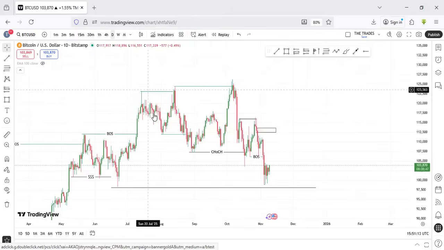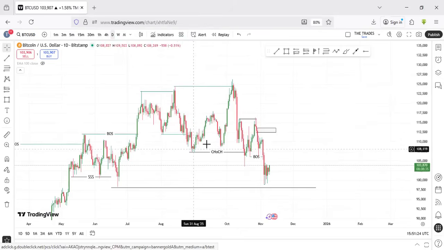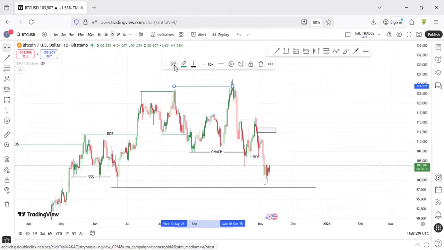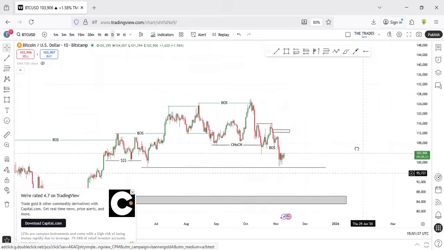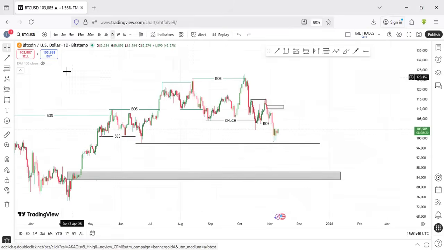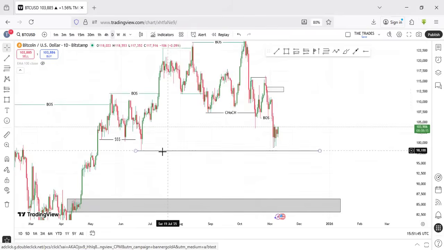And the market came down, created this before this break of structure, right? But this is what's it called? Fake break of structure. The market came out, took it out and created this what? Good break of structure. What we never wanted to see was market going below this, but market has gone below it. So we should be expecting more bearish movements. As a matter of fact, we could even be seeing BTC going more below if eventually it breaks this strong